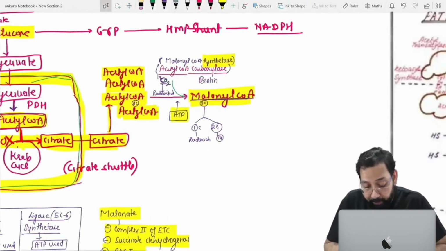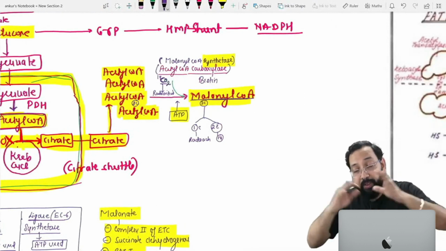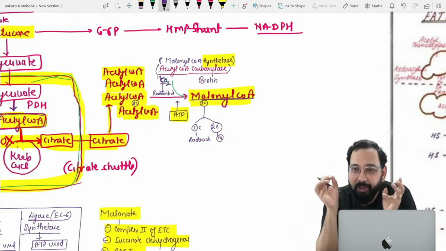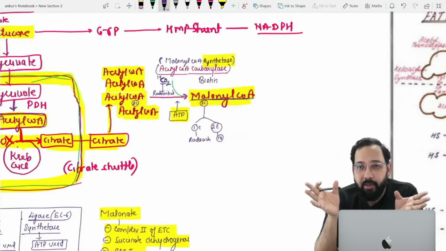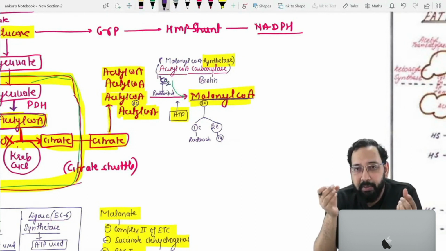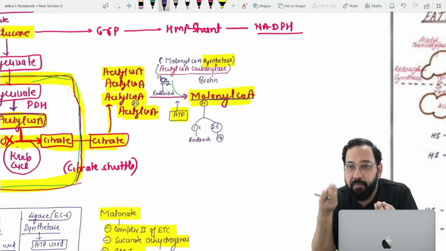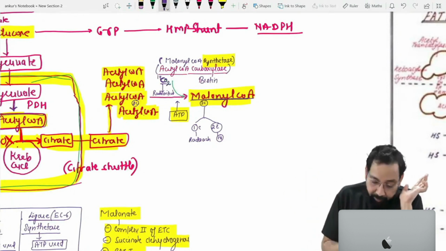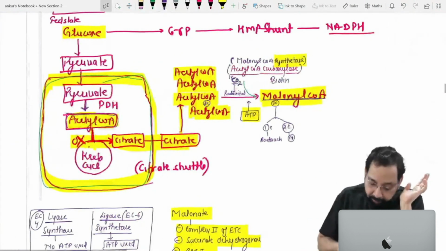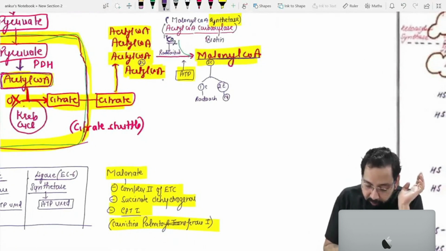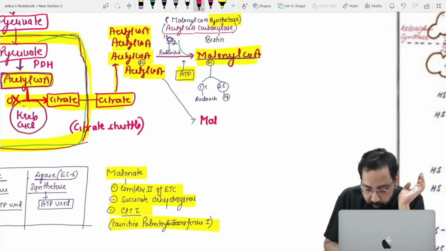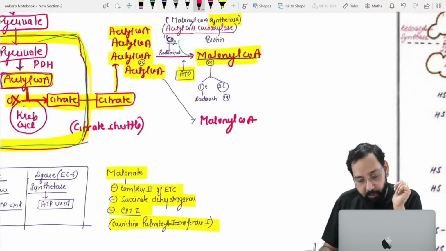Suppose there are so many acetyl coenzyme A, 10, 20, 50. Out of these 50, 100, a few are converted to malonyl coenzyme A. So in the fed state, we have so many acetyl coenzyme A and so many malonyl coenzyme A. Okay,